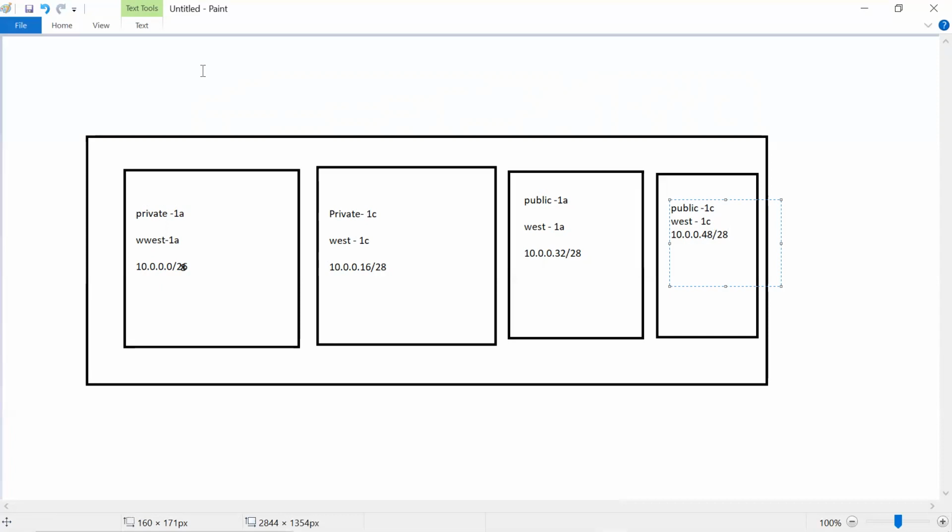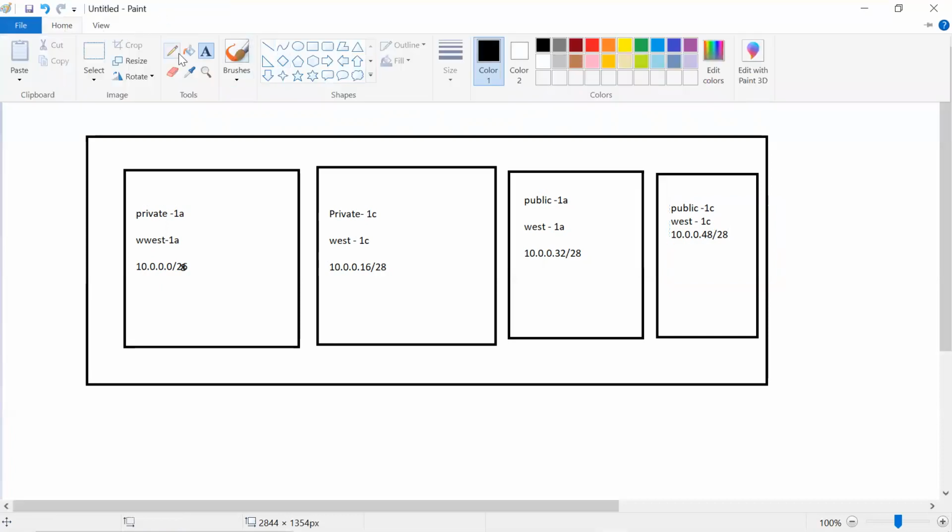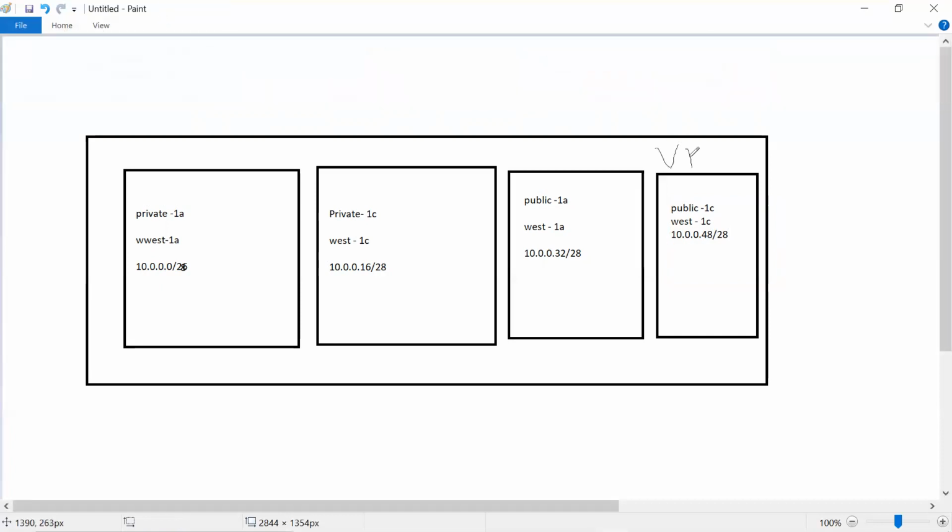So you can see that we will be provisioning a VPC. Okay, this VPC will be named as my VPC, just to remember, and we'll keep it very simple. This is the security group 1, security group 2. The name of the security group would be private 1A, private 1C, and security group 3, security group 4, and inside the availability zone 1A, 1C. You'll have two private, two public in 1A and 1C.